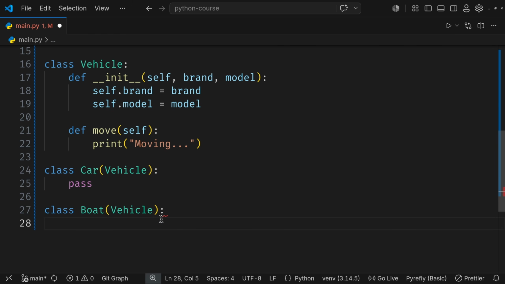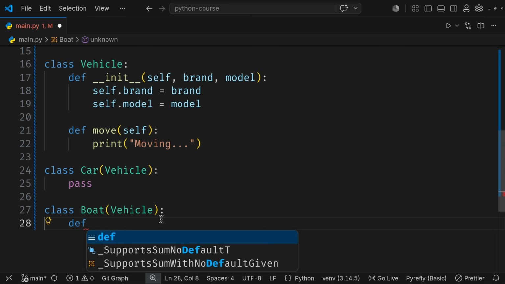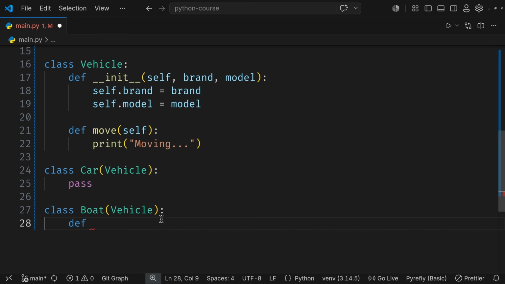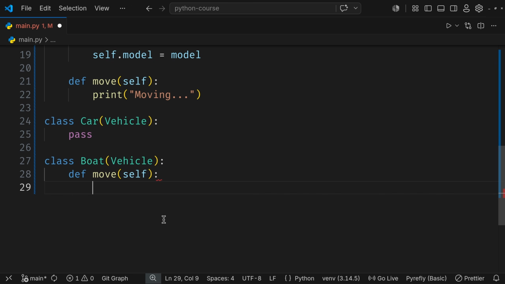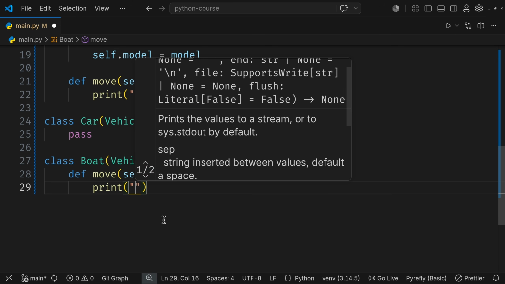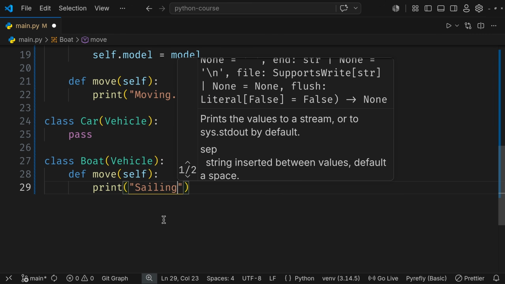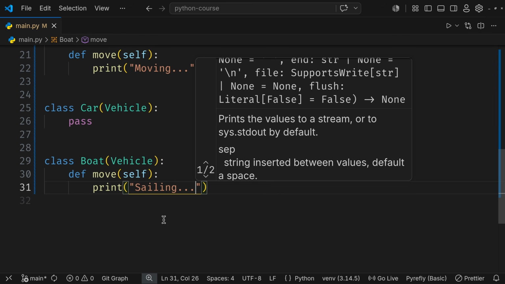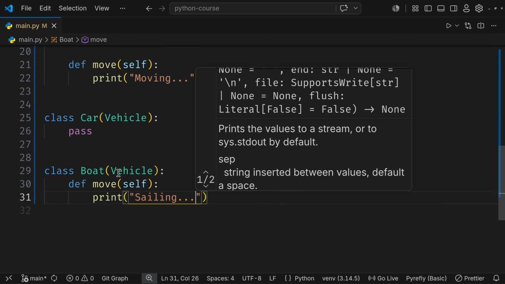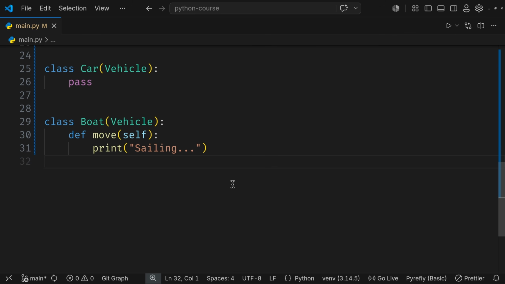All right. And here we will redefine or override the move method. Move self, and then we can print sailing. All right. Simple enough. Now we can have another one,